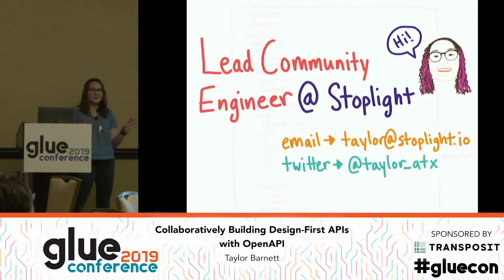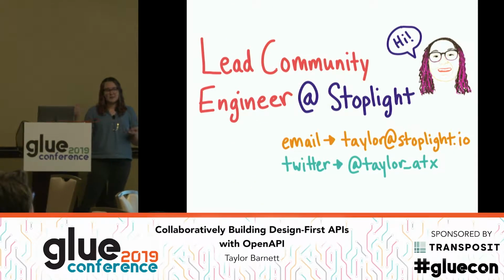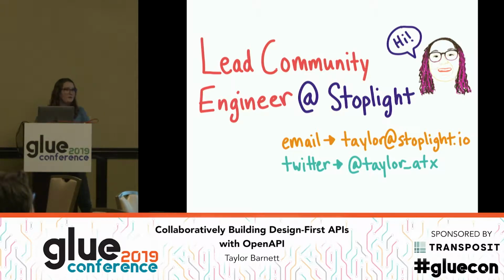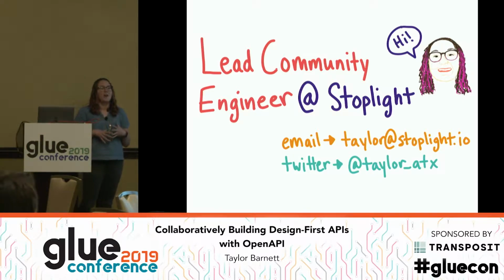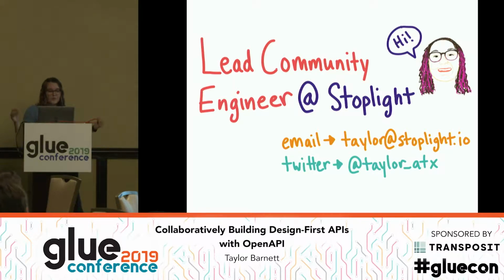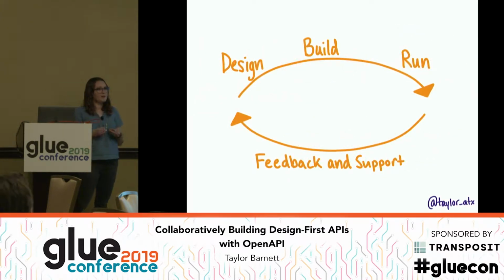So why do I care about this stuff? I'm the lead community engineer at Stoplight, where I help hundreds and hundreds of people write OpenAPI on our platform. But really, I'm trying to create better API experiences, because that's what I care about. I come from the background of working at a few different API companies, like Keen.io. At Keen, I helped manage SDKs and docs, where I felt a lot of the pain points of not having a specification. So a lot of the things that I'm talking about are things that would have helped my struggles.